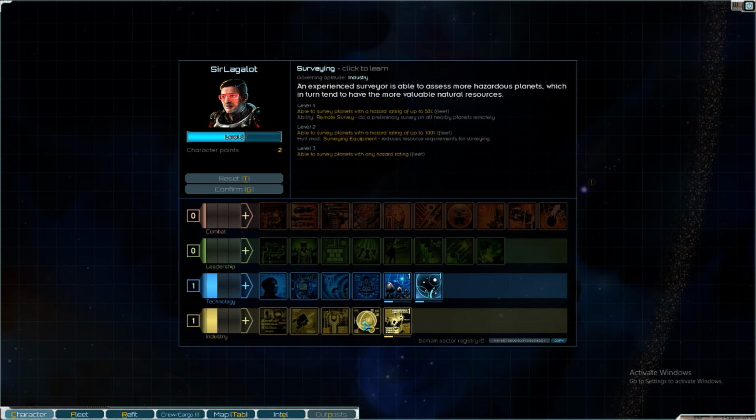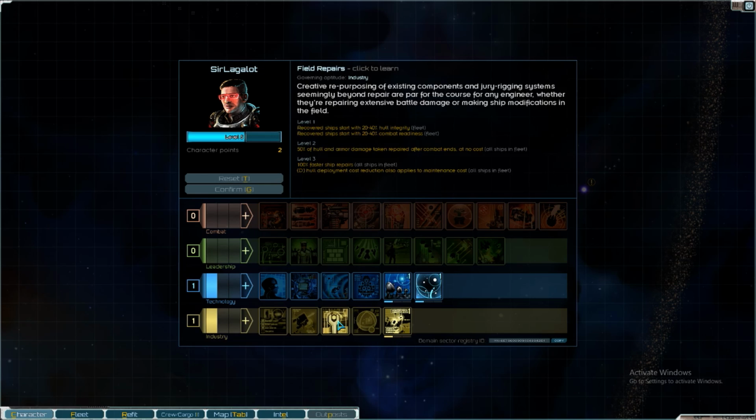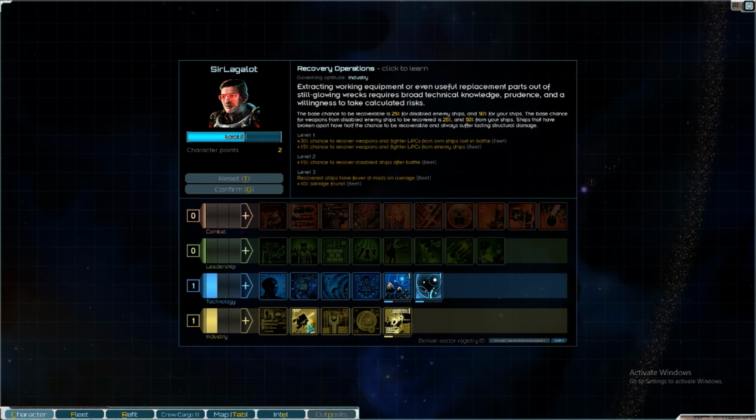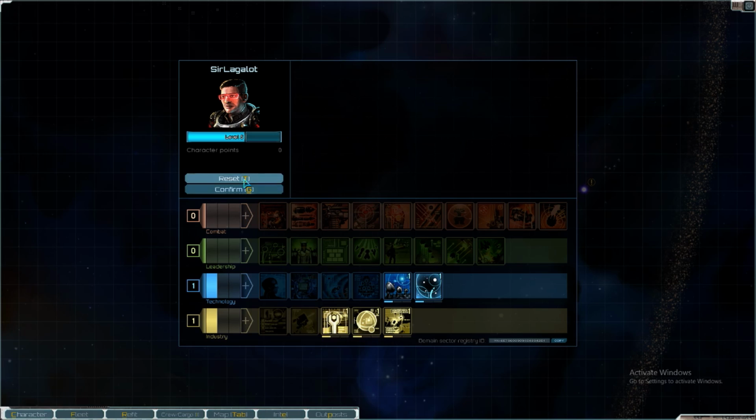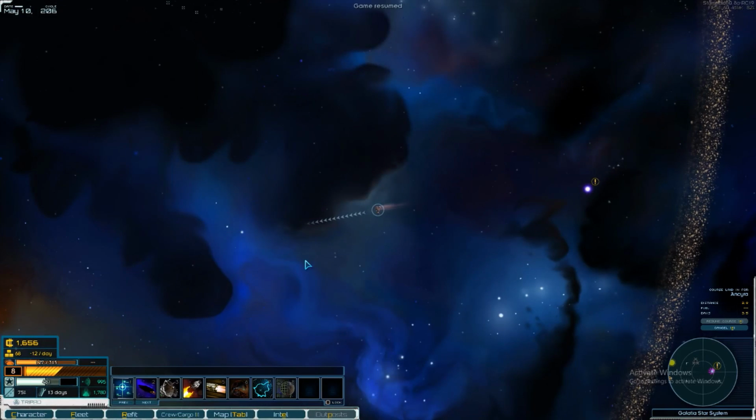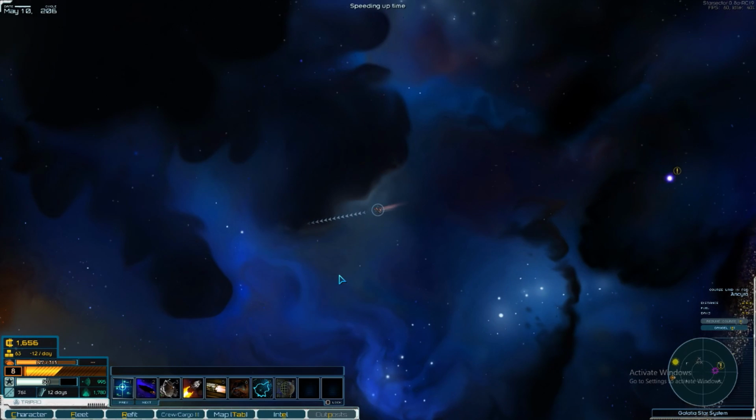Able to survey planets with hazard rating of up to 50%. That's pretty useful, I suppose. Get us some money, I guess, for star charts and stuff. Recovered ships start with more hull integrity and combat readiness. Perhaps. 30% chance to recover weapons. I like these. Yeah. I think recovering ships will be kind of our thing. Doing small engagements and then...